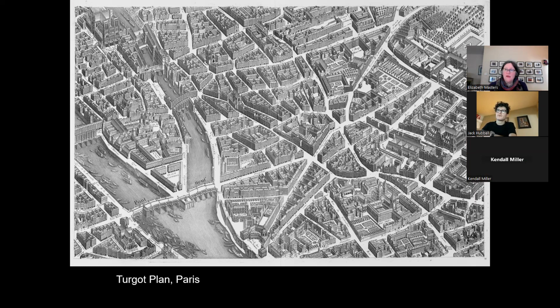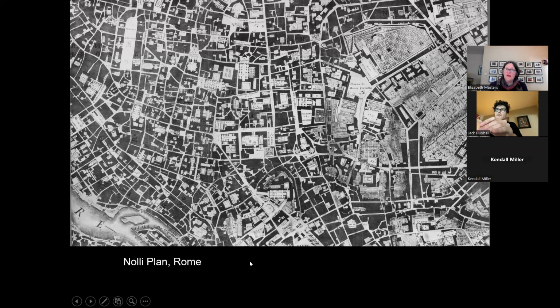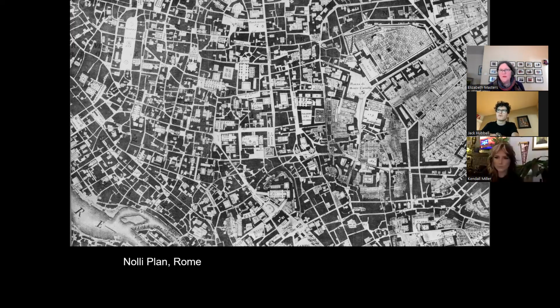So this is Paris in the 18th century. And the Nolli Plan of Rome. So we've looked at this one before. And I have to say I'm very partial to these. I live with both of these just outside of this room here. So very influential plans. This one, as you know, the public space is drawn, it's left white, and the solid enclosed forms are filled in. But even, here's the Pantheon here,